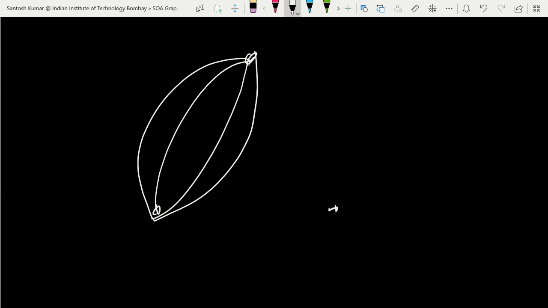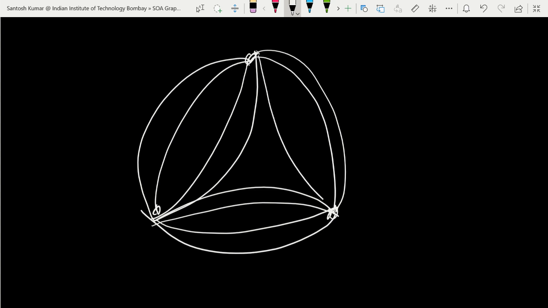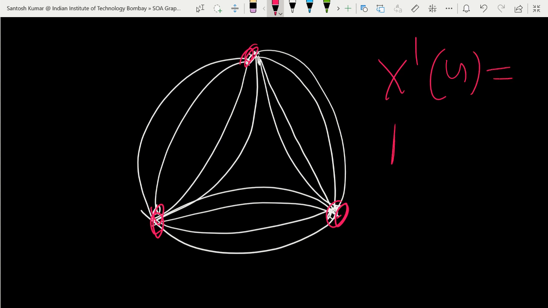Okay. So look for this graph. Okay, and so you have three vertices, and you can count there are 12 edges. So suppose this is graph G. What is the value of chi dash G? What is the value of delta G? And what is the value of mu G?